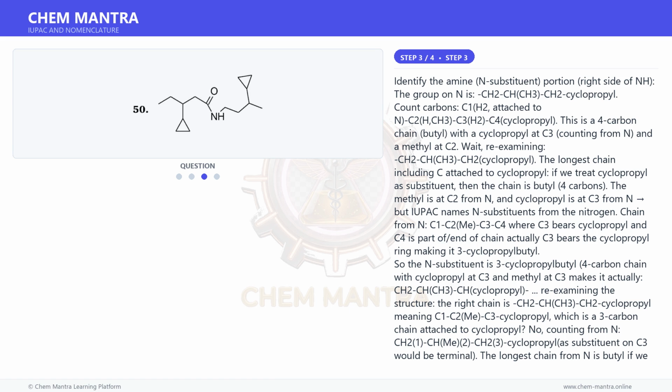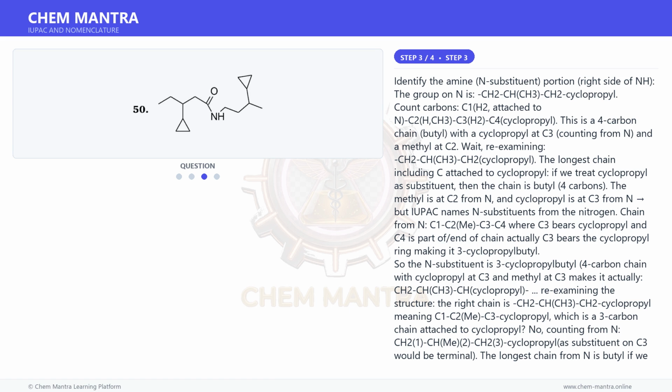Actually C3 bears the cyclopropyl ring, making it 3-cyclopropylbutyl. So the N substituent is 3-cyclopropylbutyl, a 4-carbon chain with cyclopropyl at C3. Re-examining the structure, the right chain is CH2, CH, CH3, CH2, cyclopropyl, meaning C1, C2 with Me, C3, cyclopropyl,